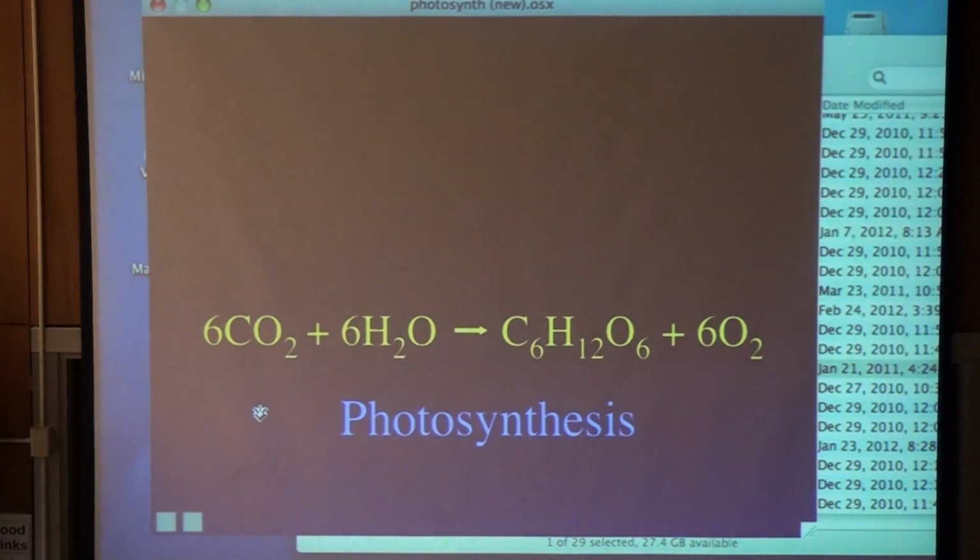Here we go. If you look at the photosynthesis equation, remember it looked like this. Plants take 6 molecules of carbon dioxide from the air, 6 molecules of water from the ground, and carry out a chemical reaction to change the